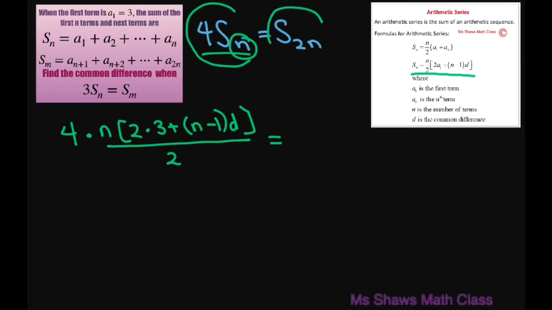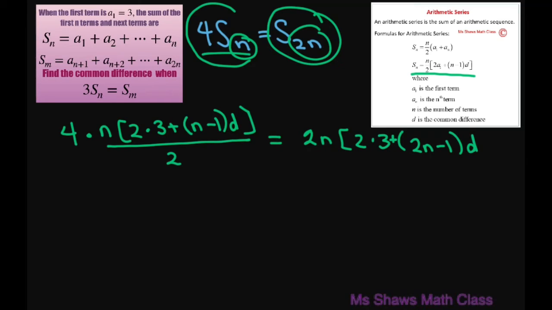Now, let's do this one. So this one's just going to be 2 times n, and then we're going to have 2 times 3, and then our n is 2n, so this is going to be plus 2n minus 1 times d. And then again, we're dividing by 2. Okay, when you cross multiply or simplify, let's just go ahead and simplify. So we'll just, this will be 2, this will be 1. So basically we get n,